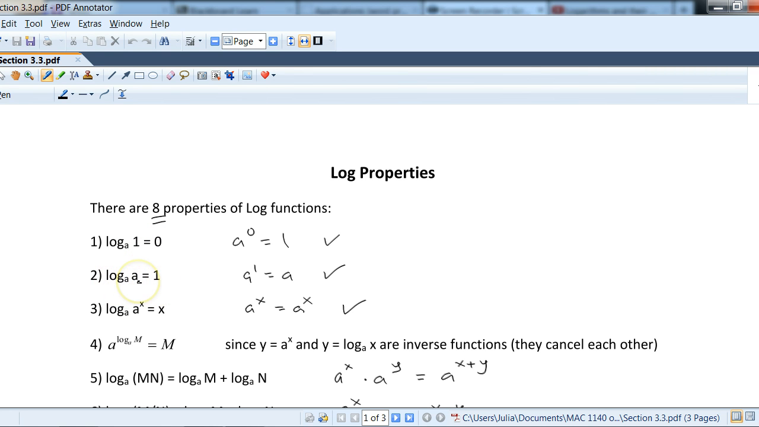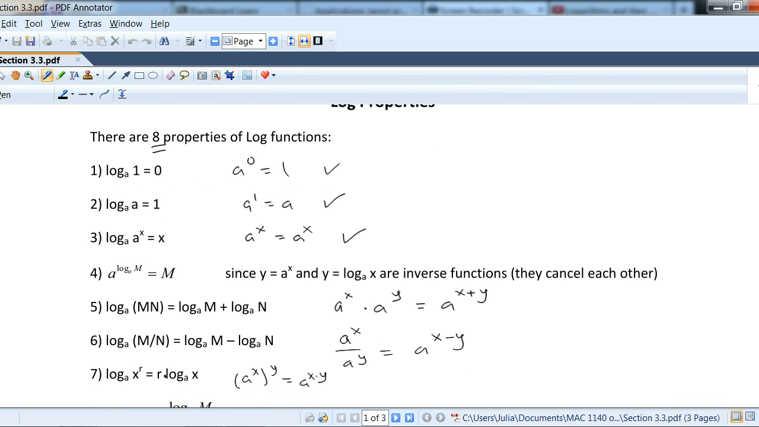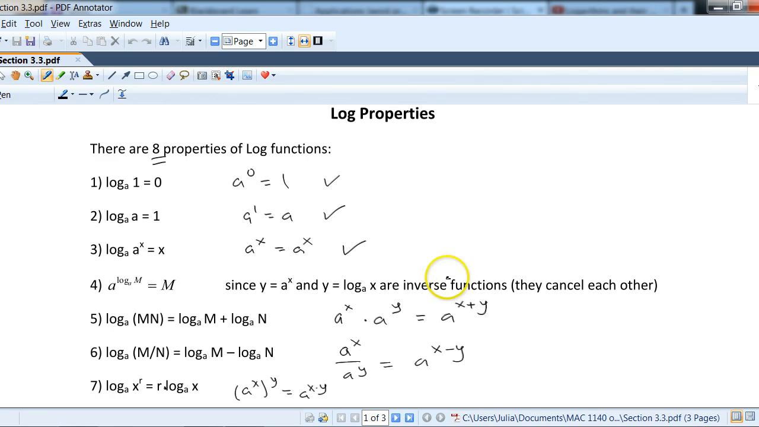Now log base a of a is equal to 1. Log base a of a to the x is equal to x, they cancel each other, or a to the power of log base a of m is equal to m, they also cancel each other. Now we'll learn three more properties that would be very useful, and they actually come from the properties